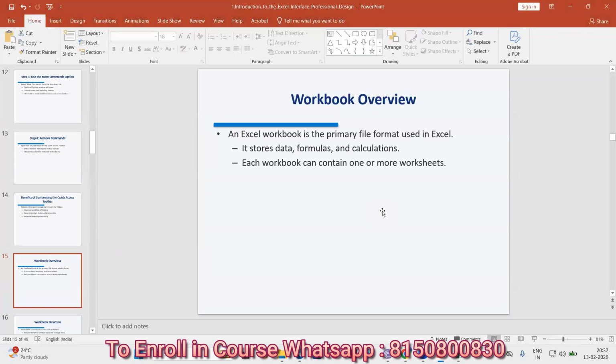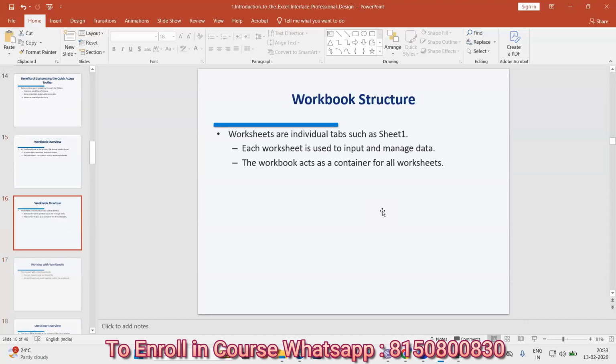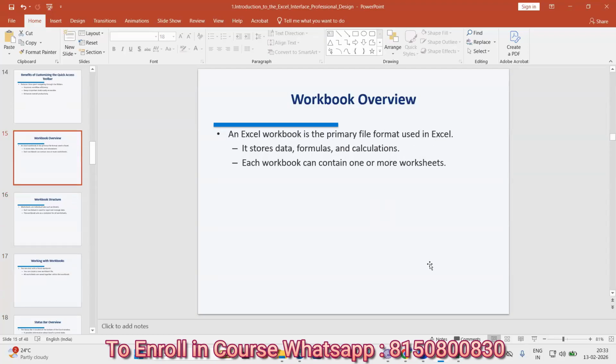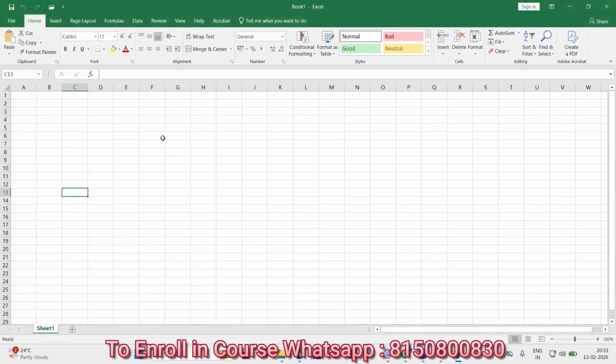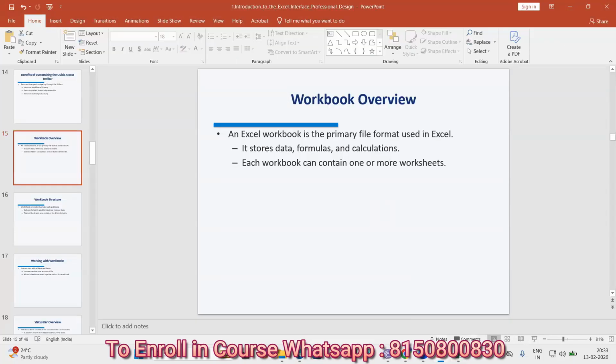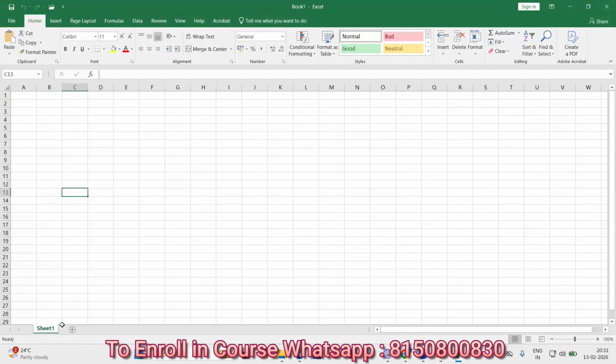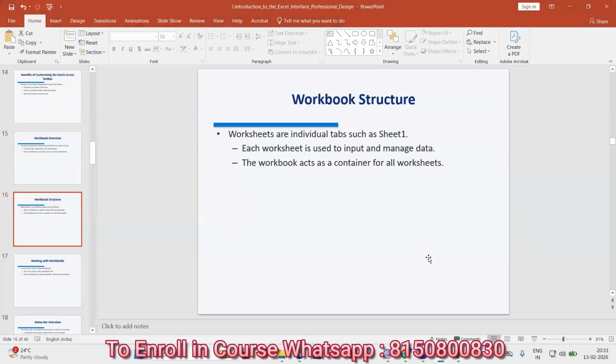An Excel workbook is the primary file format used in Excel. It stores data, formulas, and calculations. Each workbook can contain one or more worksheets. So that means it stores data. It is the main important thing in the entire Excel because it consists of data, formulas, and calculations. And each workbook contains one or more sheets. So here one sheet is there. One more sheet means, well, if you see in the next sheet,